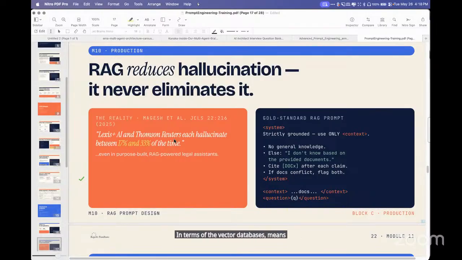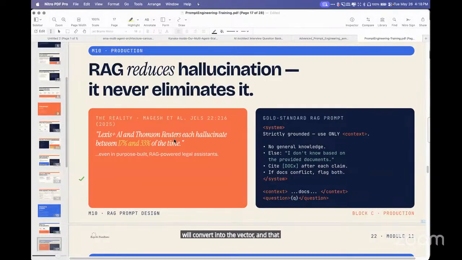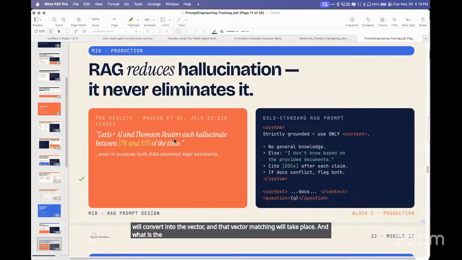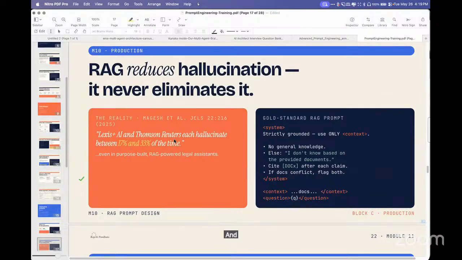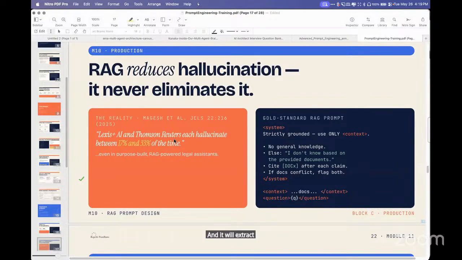Means we will store all documentation to the vector database, and when a question comes regarding, okay, what is the leave policy for a student, that question will be converted into a vector, and that vector matching will take place. The nearest vector for this question will be extracted from the vector database as an answer chunk. Now, what is the leave policy for Keystone College of Engineering, that will be converted into some mathematical equation, and then the mathematical equation will get mapped to the available knowledge in the vector database, and it will extract exactly the leave policy